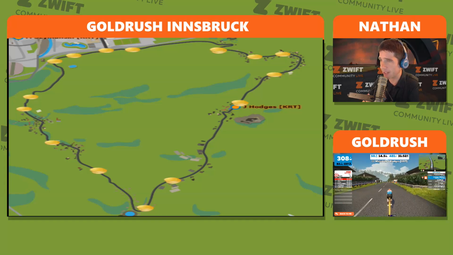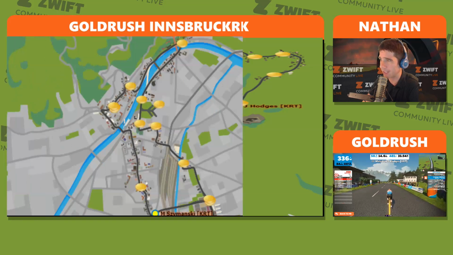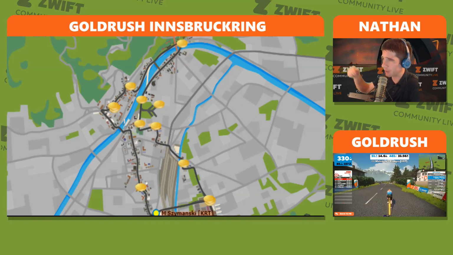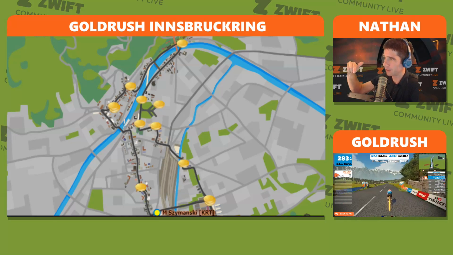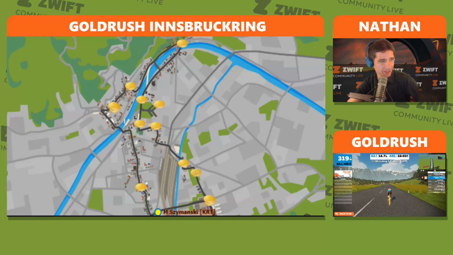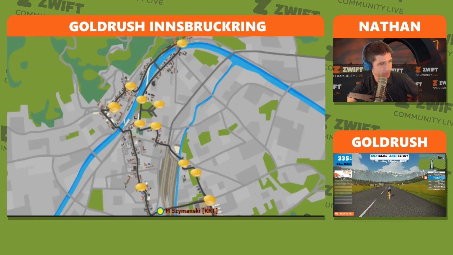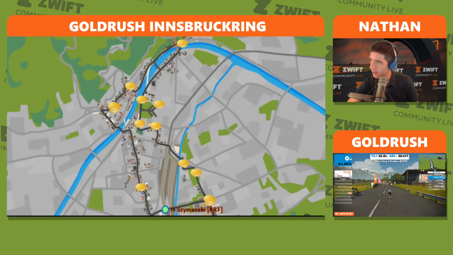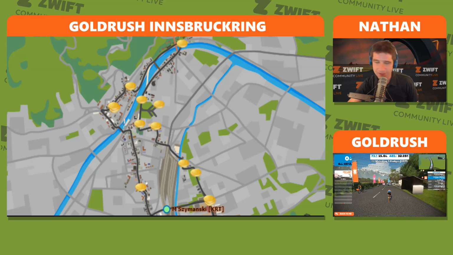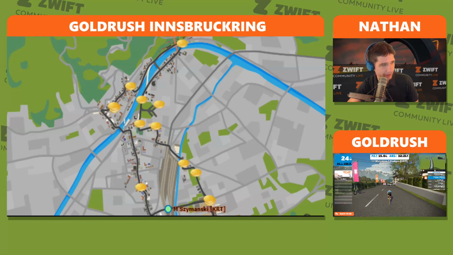Now back into what Szymanski is up to. Let's head on back over to the Innsbruck ring. He seems to just kind of be doing this little loop on the bridge over there, over the top of the overpass. Actually, let's go ahead and see if we can find the overpass section, because if that's where he's at, we should be able to find him pretty easily. And he just keeps on doing this little loop over on the overpass,